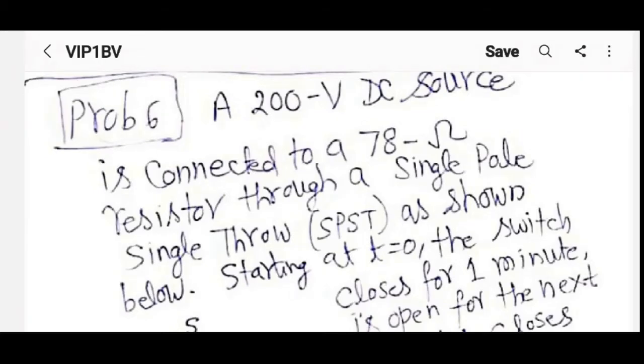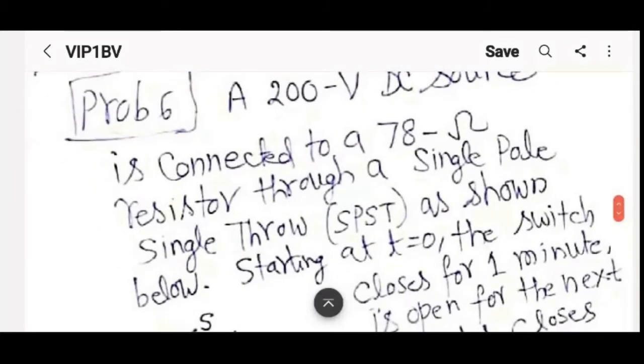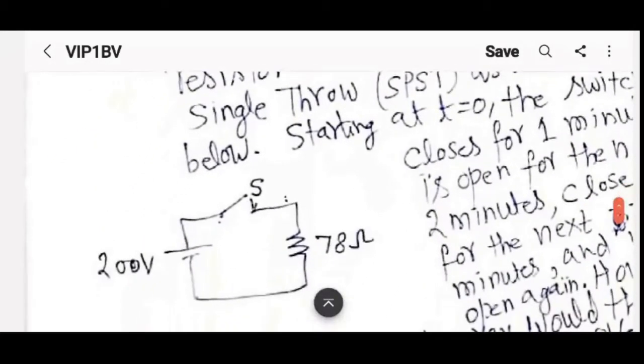The word switch is missing here. Sorry about that. These single pole, single throw switches, you see them around you all the time. When you turn on the fan, you press a switch. That's a single pole, single throw switch. It has one signal coming in and only one possibility for that signal to go to. Either it's open or closed. That's it. We will be talking about switches later in the course in detail.